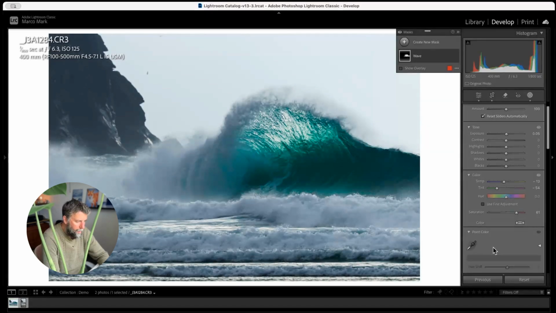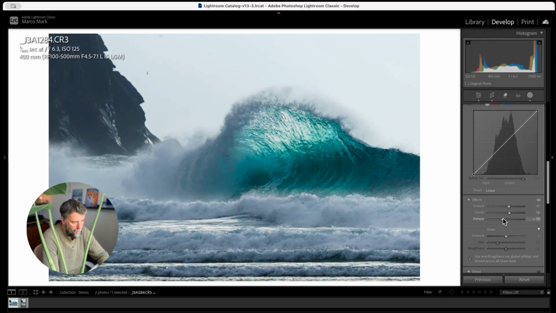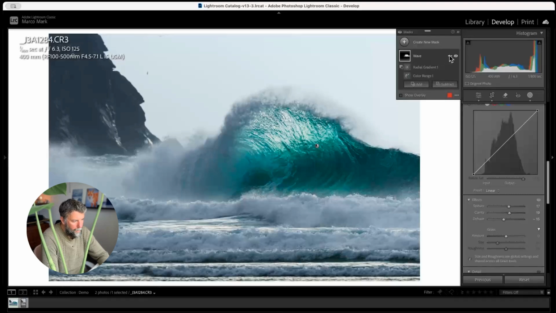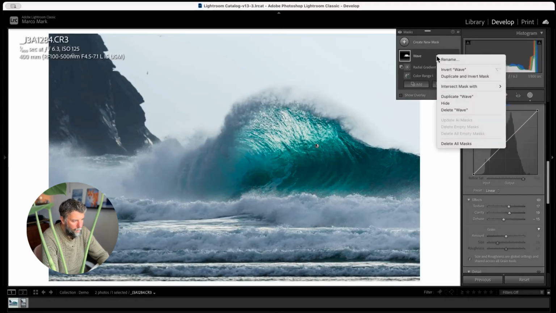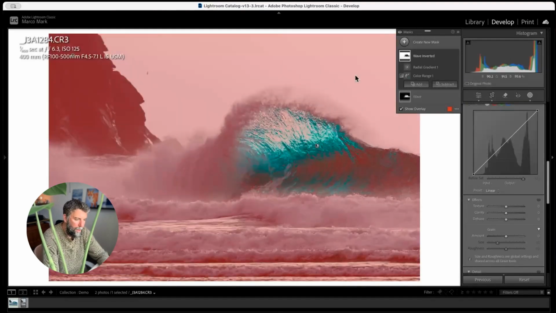You can also then go down and increase our clarity a little bit, really get those textures popping. Just drop that dehaze a little bit, want that wave to look crispy and punchy and vibrant. Now, last up, we just right click on this and we duplicate and invert the mask. Super easy way of getting everything else apart from the previous selection you made.